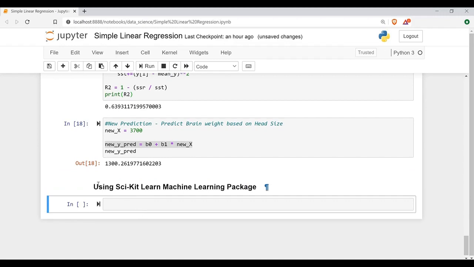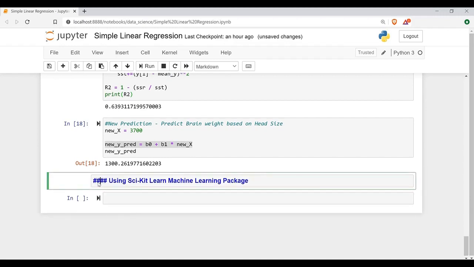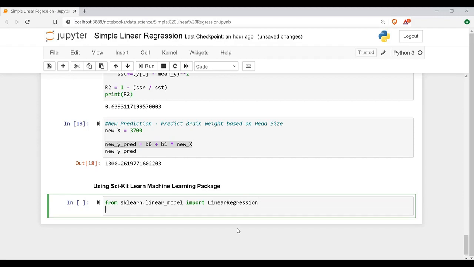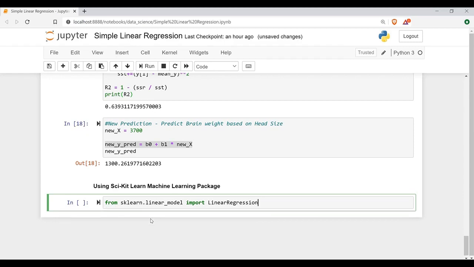Now to do this, we'll be using scikit-learn. For that, first we have to import. I'll say from sklearn, that is scikit-learn, dot linear model. There is something called linear model, in which linear regression and other linear models are there. We'll say import LinearRegression. There is a class within this module, that is LinearRegression, so we can use this for working with linear regression. To compute the mean square error, the linear regression class doesn't have it, so anyways first we'll compute this.